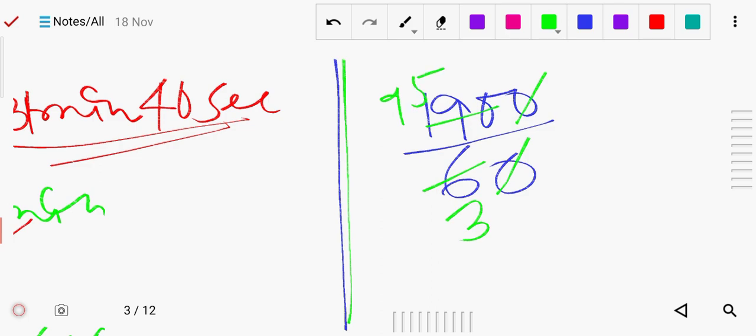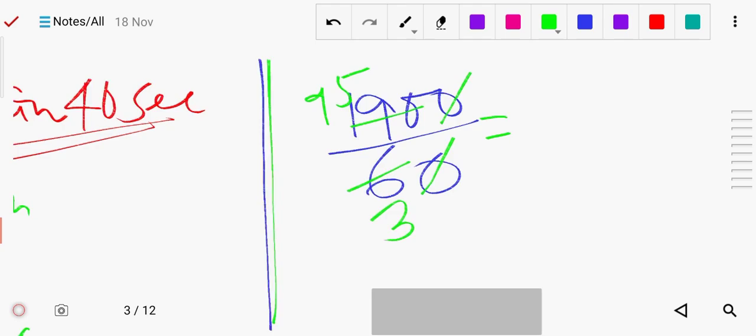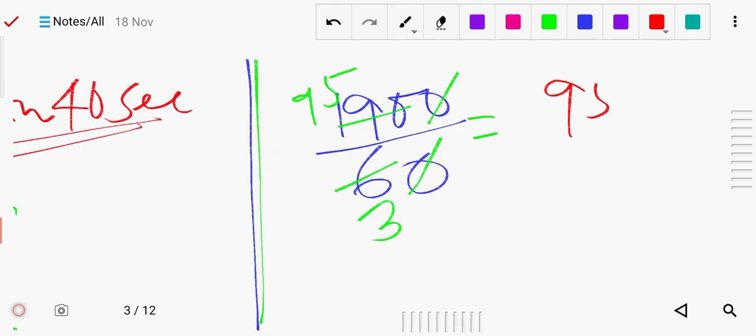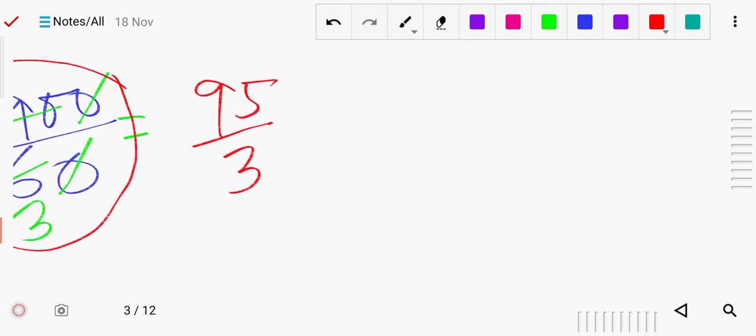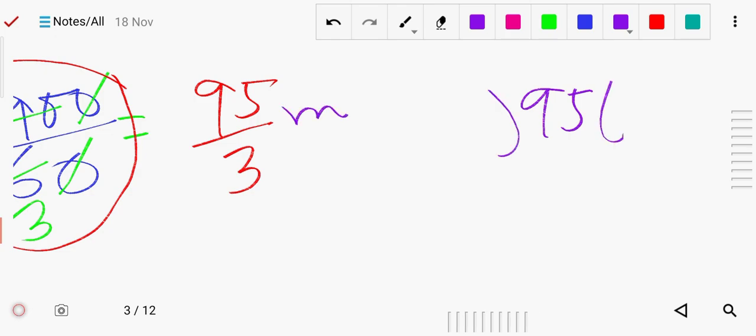95 times. Now here you can see 95 by 3. Now we got this. If you have simplified it, what is the value you have got? 95 by 3. Now in this case, if you divide this 95 by 3, because now we got 95 by 3 minute. Now we are dividing by 60. How many times? Of course, one time.